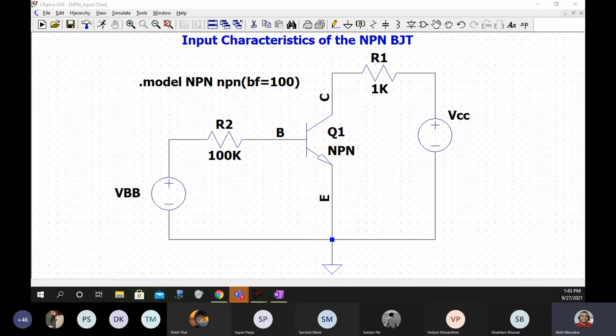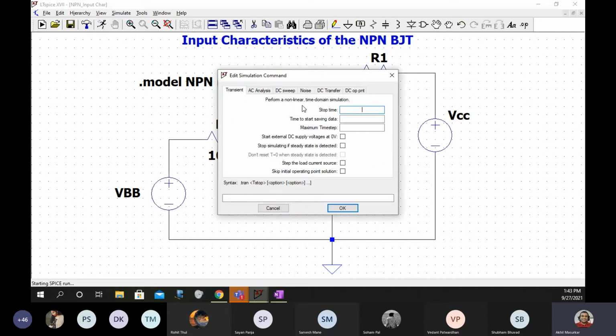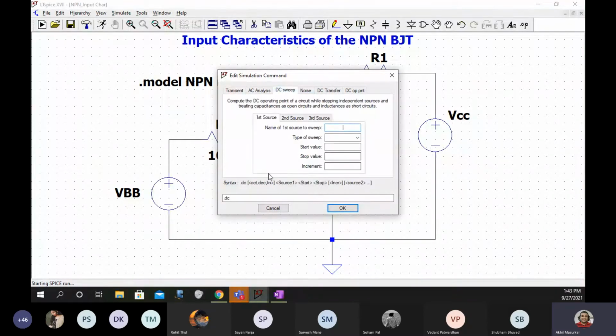Good. Now we will say run. So the moment you say run, it will show you this. Now there are two sources which we have to sweep, and we will go to DC sweep. The name of the first source is VBB.